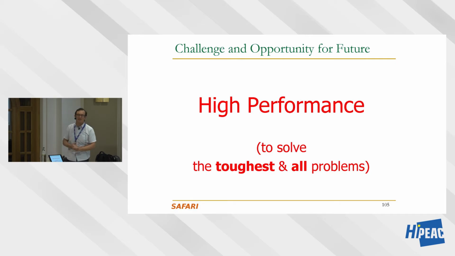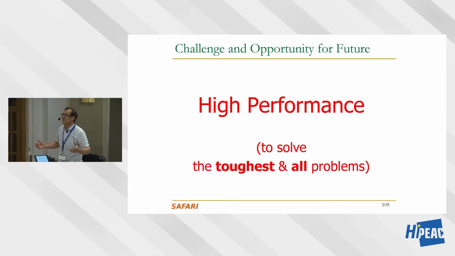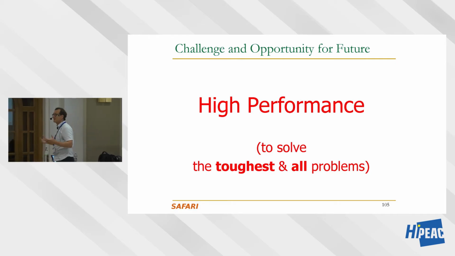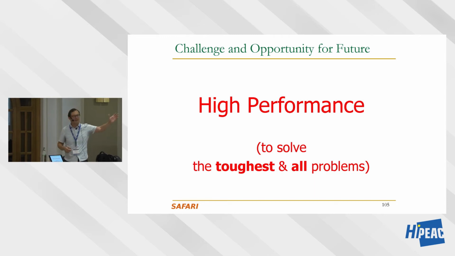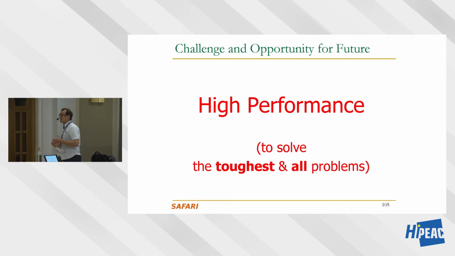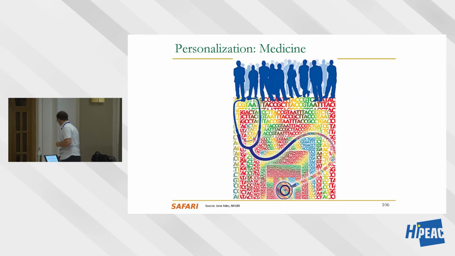So what's my point? Basically, we need high performance to solve all of these problems. We have a lot of tough problems at our hands, and these problems are not getting easier, and I haven't put everything over here. So we need high performance. How do we get fundamentally better performance? Are we doing the right things in our systems today to actually get fundamentally better performance?